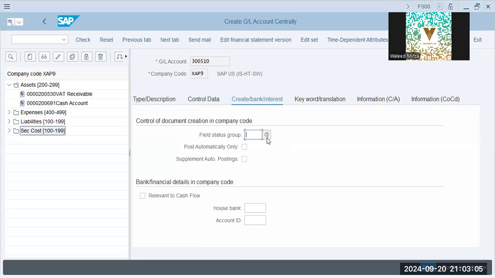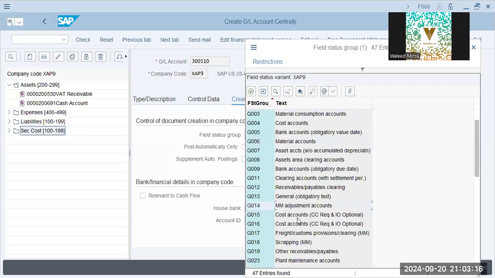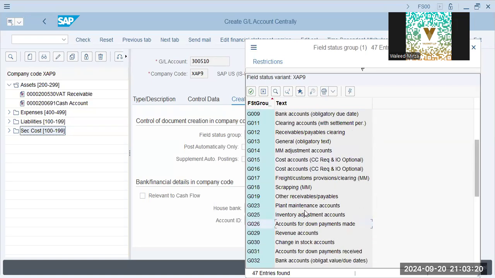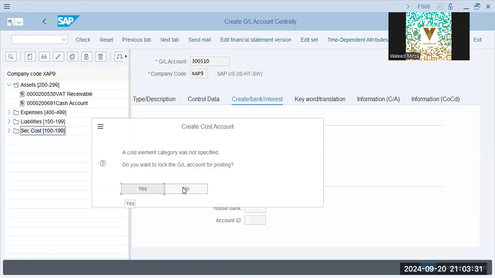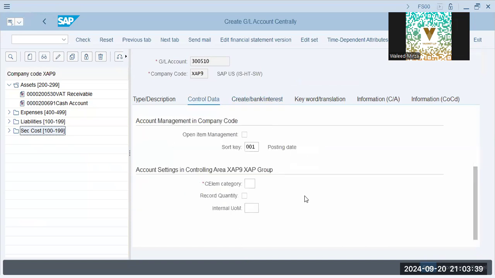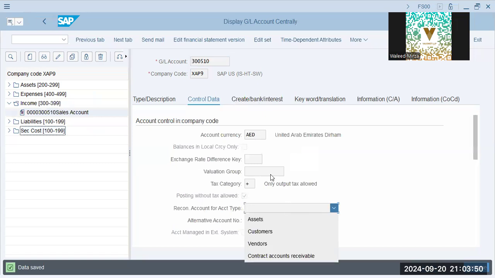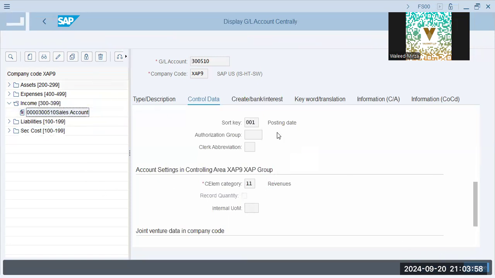Okay. Field status groups. Revenue accounts G029, post automatically. We don't need post automatically save. Cost element field, cost element category, and that will be revenue 11. Okay, so this is revenue. This is saved. Okay, now next,